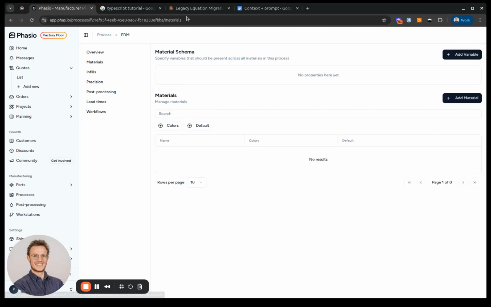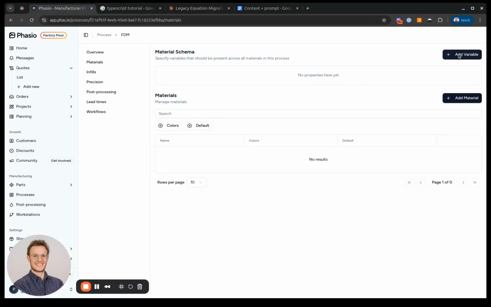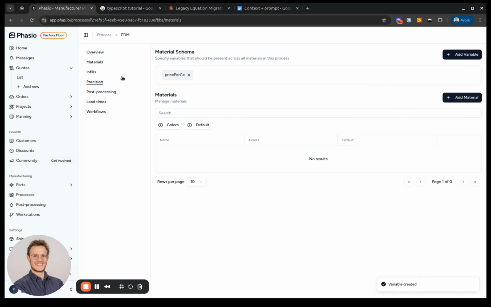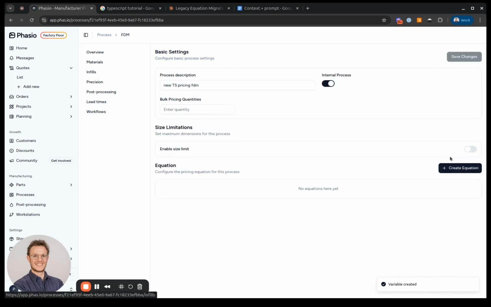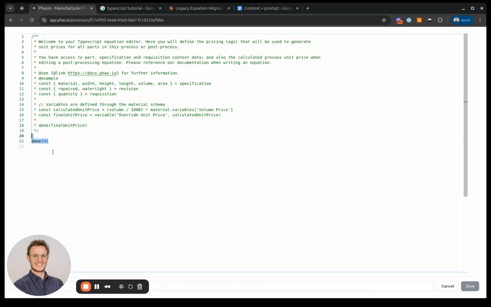So in the material schema, let's take a look back at the equation, and I see that the price per CC is the only variable, materials.variables, the only variable that we're using in here. So we will just create that. Price per CC, like that. I hit add, and now I can go ahead to overview, create the equation, and I'll simply remove this done function here,